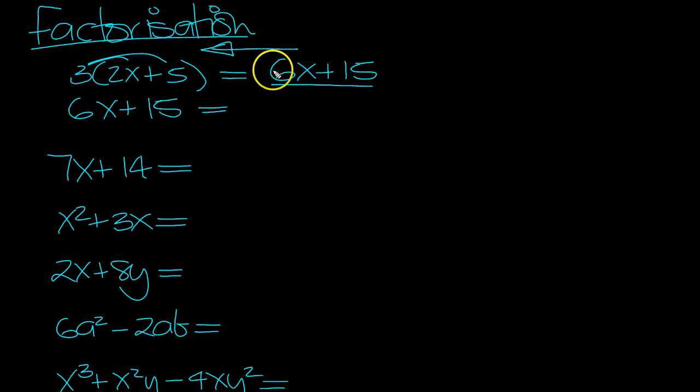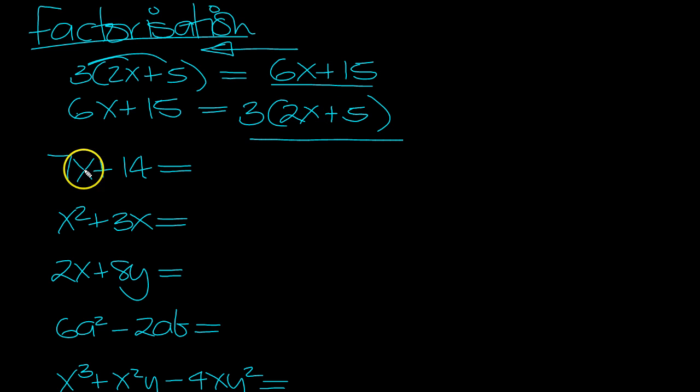So here there's a 3 common, isn't there? So if we look at 6x plus 15, there's a 3 common here and here, so put that outside a bracket. And then we need to put the pieces in the jigsaw together. 3 times what gives 6x? Well, this first term would be 2x, wouldn't it? And 3 times what gives 15? Well, we need a plus 5 there, don't we? So that's the process of factorization